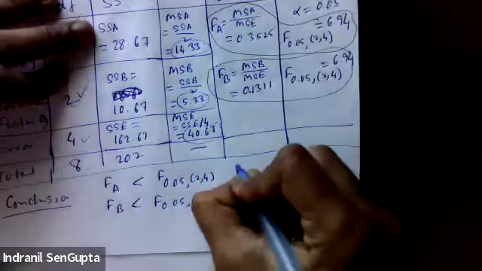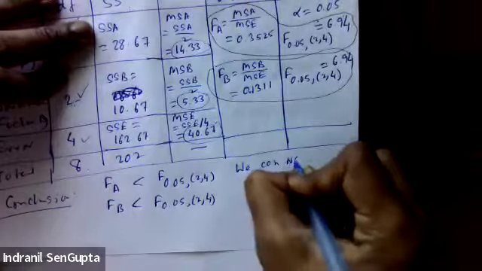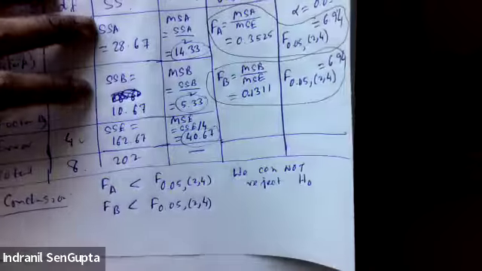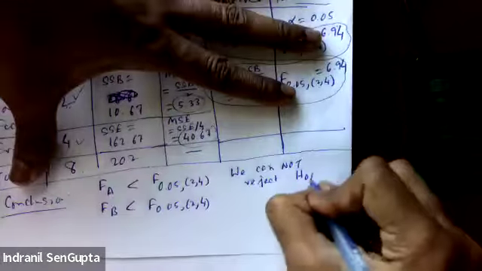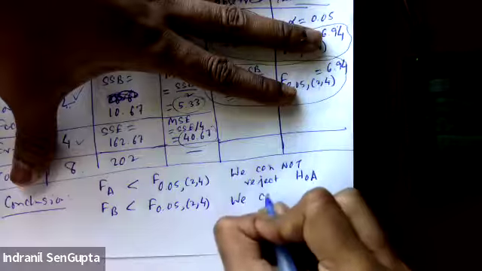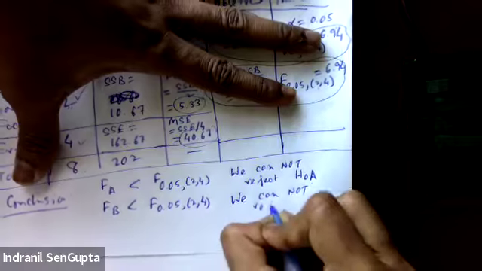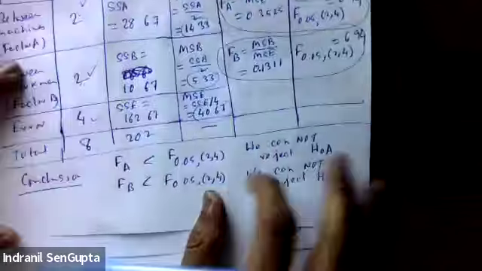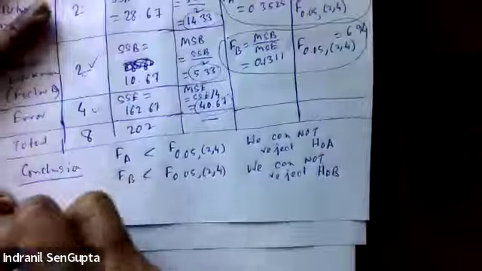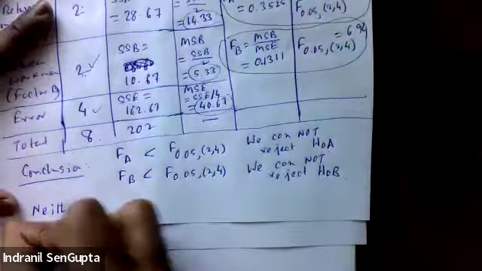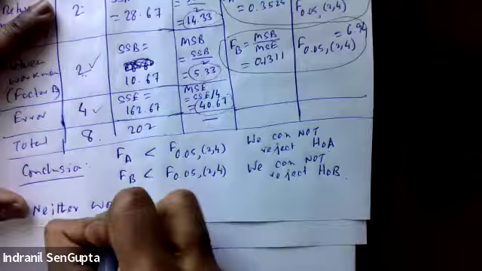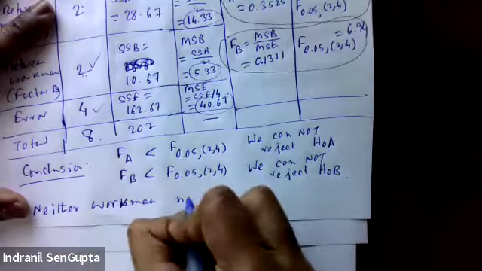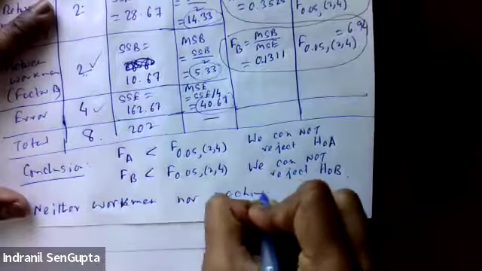So that means we cannot reject H0, or we'll keep H0 A. And here we cannot reject H0 B. Okay, so that means we'll conclude that neither workmen nor machines